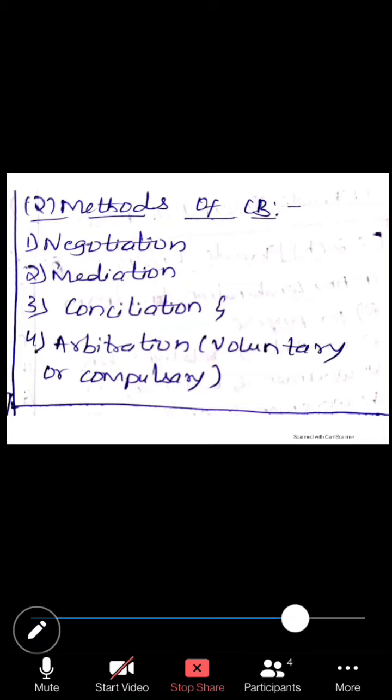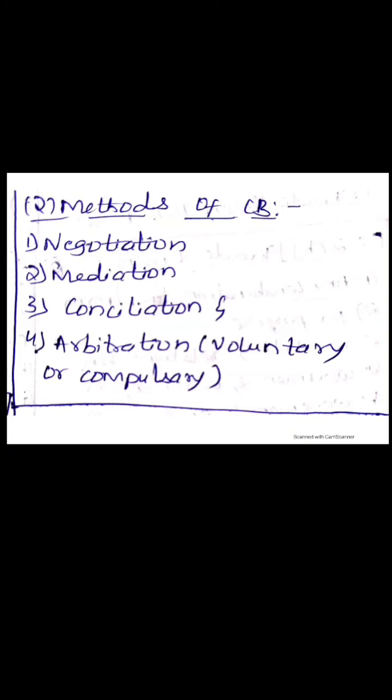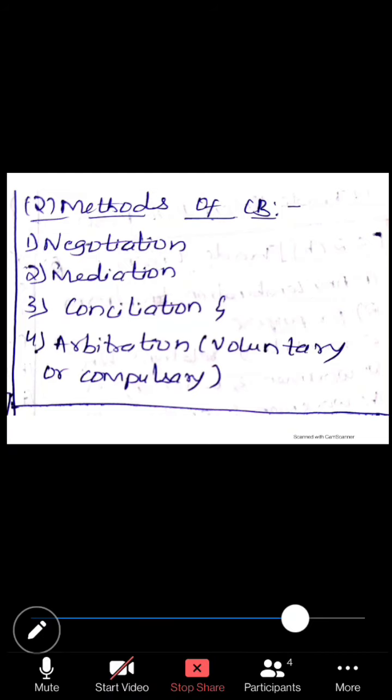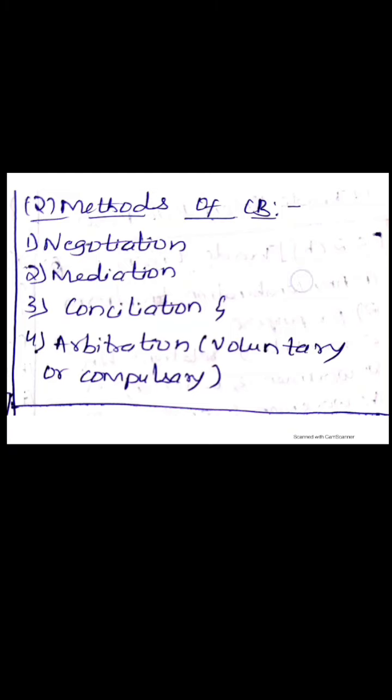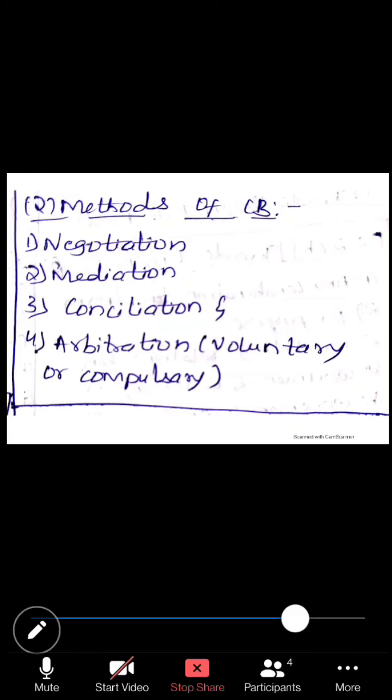The next is mediation. If the matter is not solved through negotiation, then they appoint a third party called a mediator. He will come and assist them to negotiate. He will not give any judgment. He will just assist them, and his judgment will not hold good or be enforceable. He is just a mediator. He will assist both the parties to come together to reach a result. That is mediation. The next is conciliation.